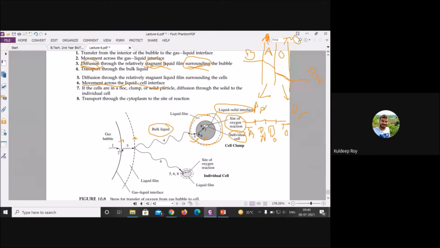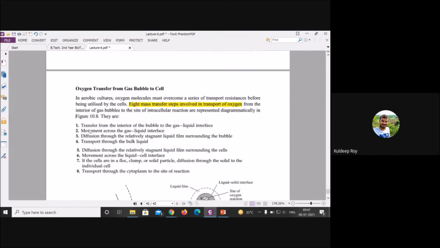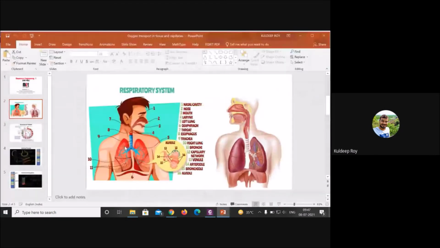I think you have got an idea of how the things are related. If somebody asks how you will determine the diffusivity, just apply Fick's law of diffusion and you can easily determine it. This particular region is called the film theory, just read it again. It is applicable everywhere whenever you talk about any kind of interface, like gas liquid interface, liquid liquid interface, solid liquid interface. Now we have seen one example of how it is related to your bioreactor. We will see one more example.